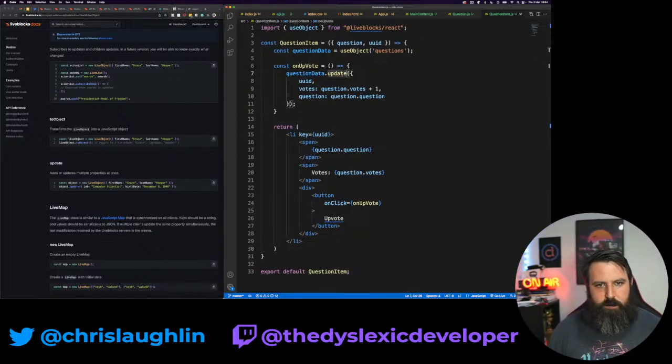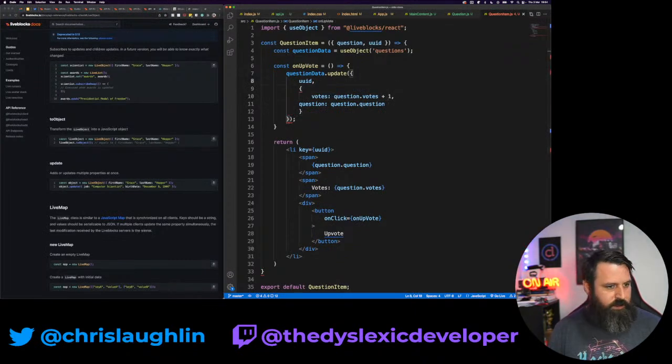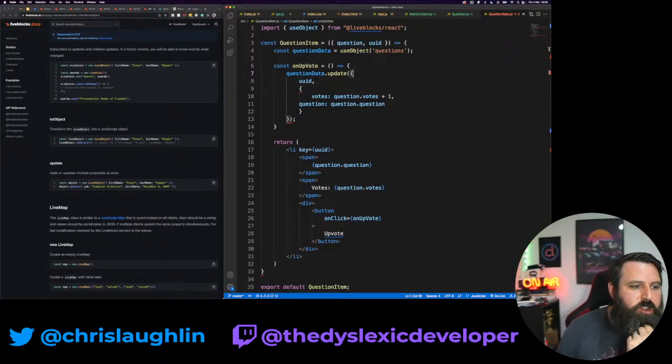Question data update, give it the UID. The UID is the key, this is the object. And that updates multiple properties at once.